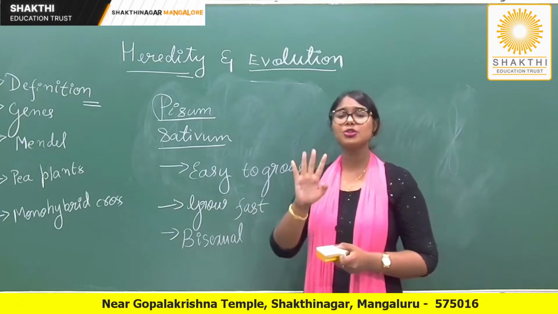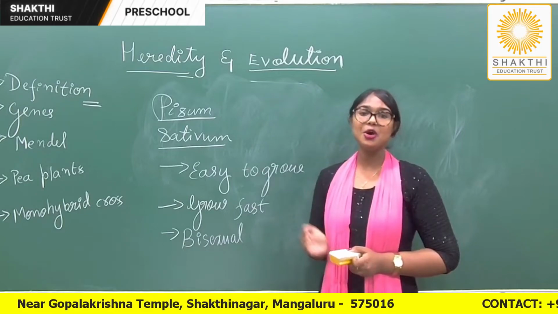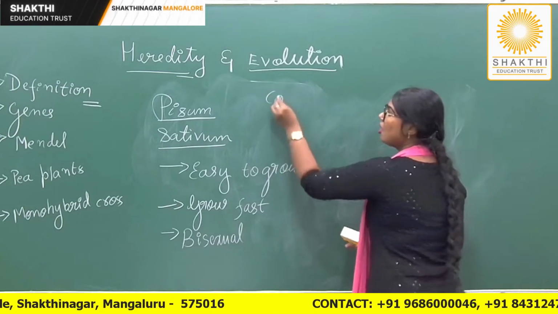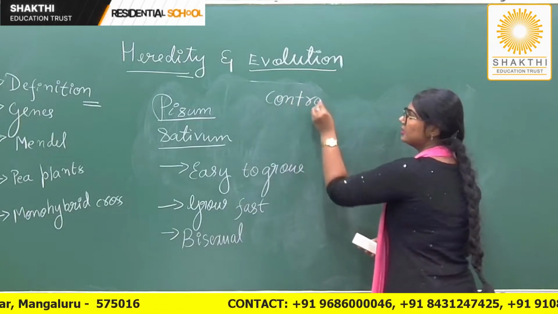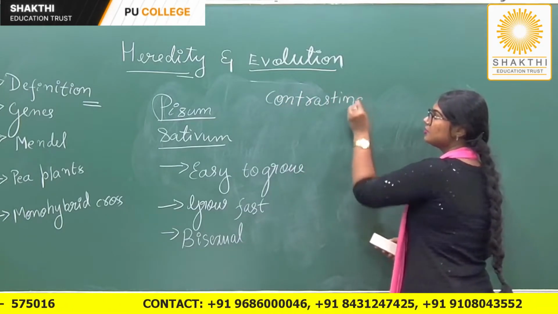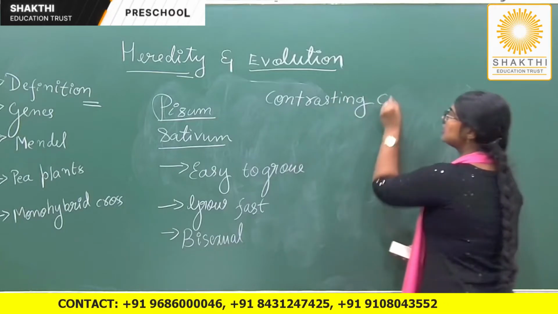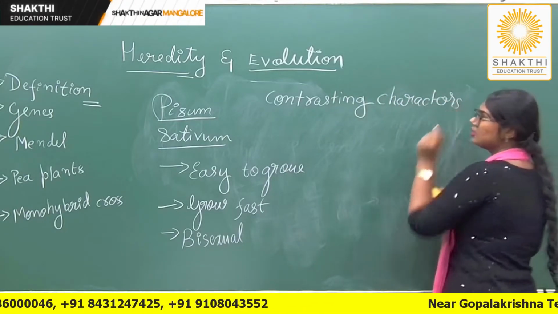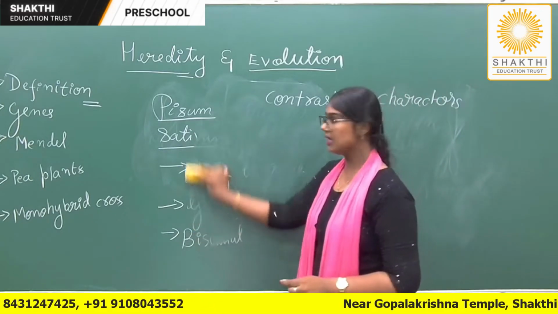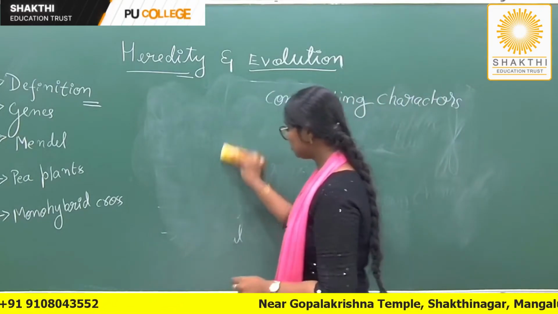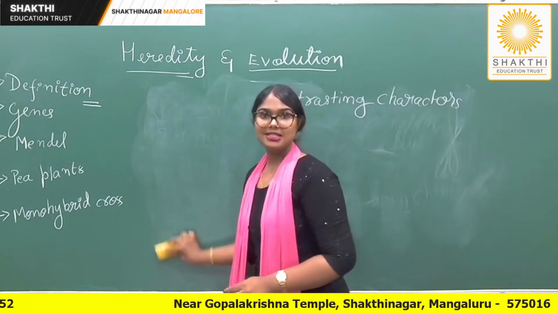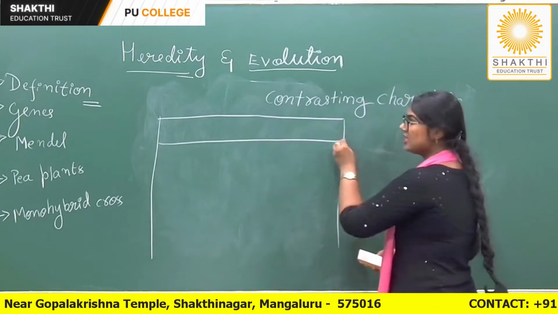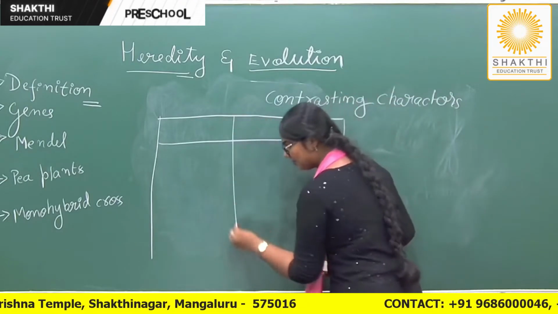And the fourth most important reason why he uses pea plants is because they have contrasting characters. This is very, very important, students. They have contrasting characters. Now, what are the contrasting characters? Commonly asked question again. We should know all the contrasting characters. So let us quickly put up a table. Now the contrasting characters used by Mendel are,